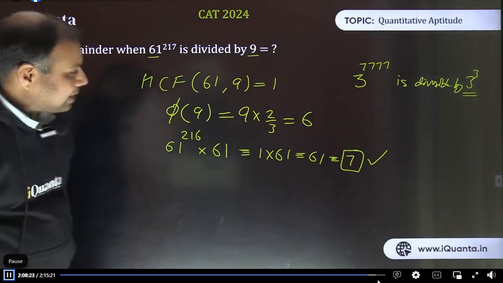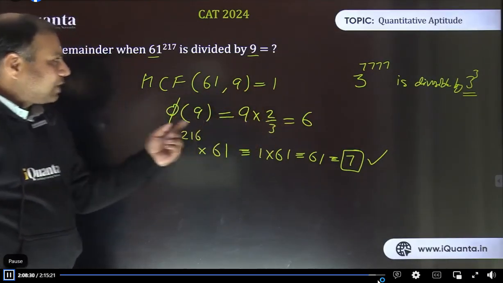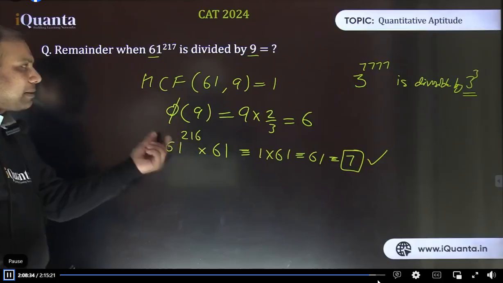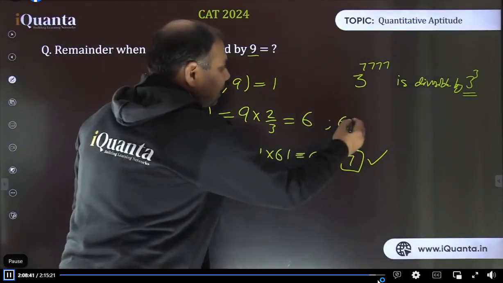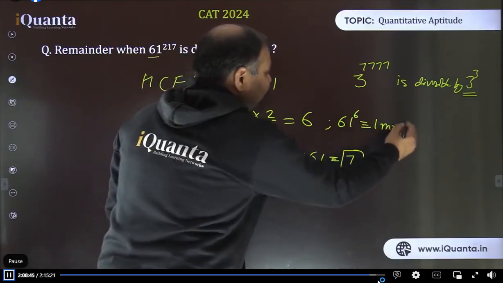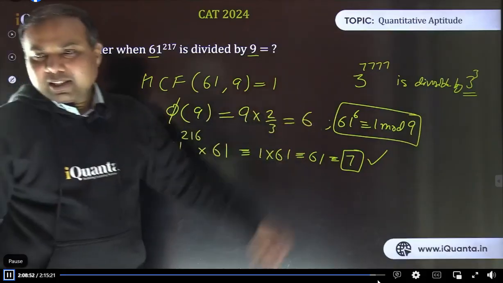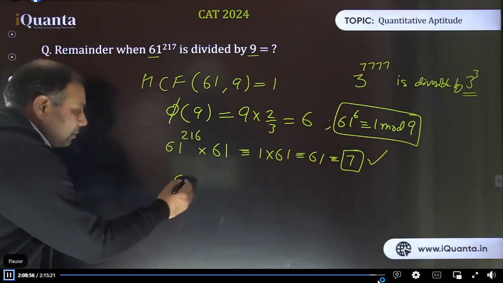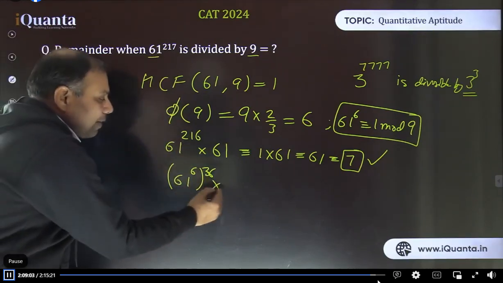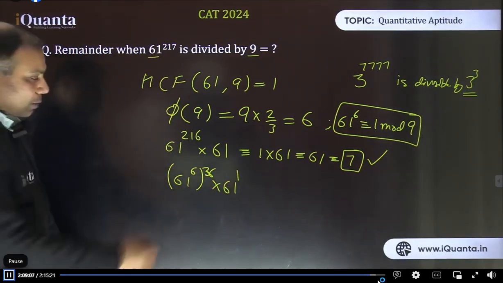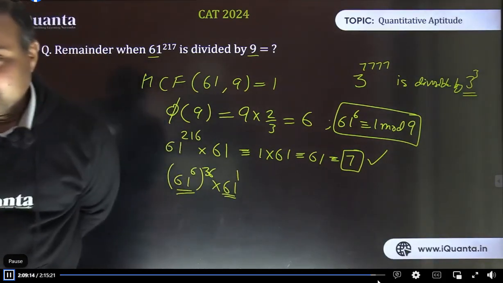Yes, see the last step. Tanishk is again asking about the last step. So 61 and 9, HCF 1, Euler value is 6. So 61 power 6 will give remainder 1. What I'm doing is breaking this whole number into groups of 61 power 6. According to the theorem, 61 power 6 will give remainder 1 when divided by the divisor 9. So for any multiple of 6, 61 power 6 however many times will only give remainder 1. So 36 groups of 61 power 6 are formed. That makes it 216, and now I'm left with 61 power 1. That was the last step. So this part gives remainder 1. 1 power 36 is 1 only, and the final remainder from 61 is 7.